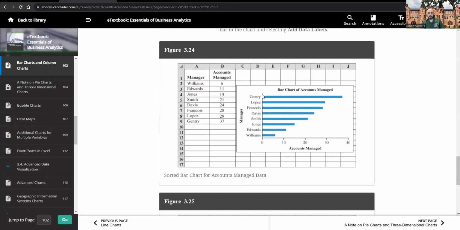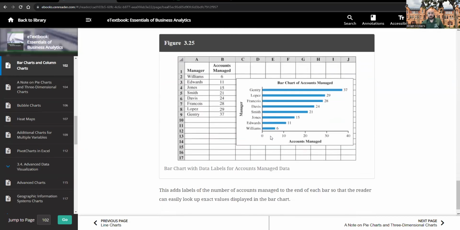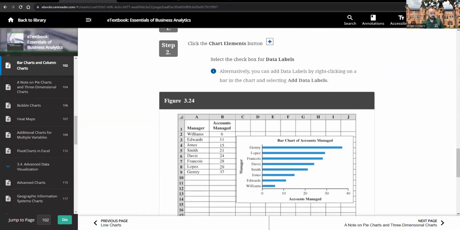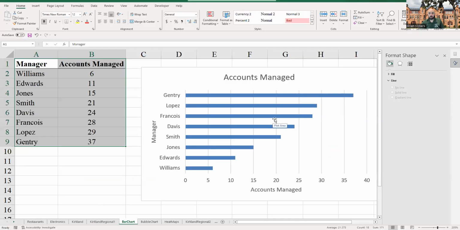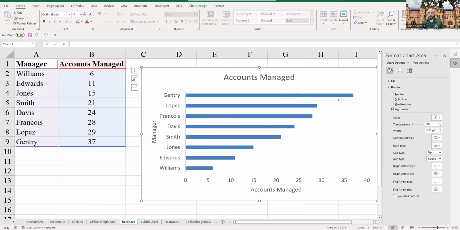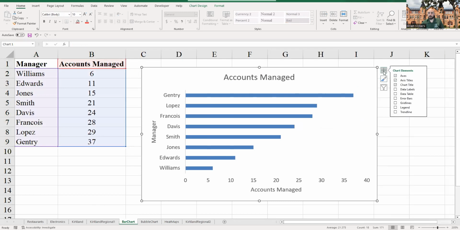So we have Gentry, Lopez, Francois, etc. We're showing who's managing the most number of accounts. We want to make sure we're changing our title as well, and probably take out these bars here. If we want to add data labels, we could add data labels, which will give us the total count at the end of each of these. If we want to put that in the middle or somewhere else, we could